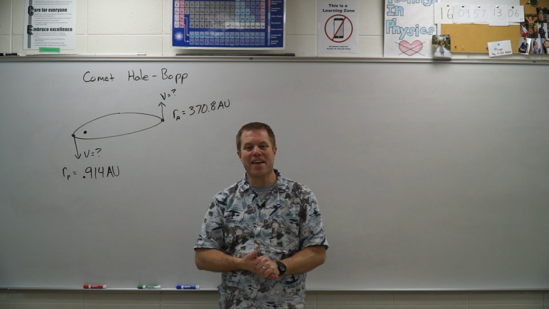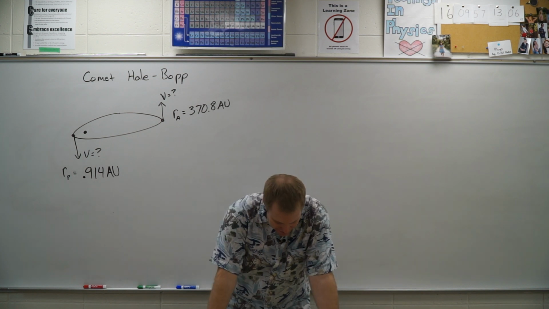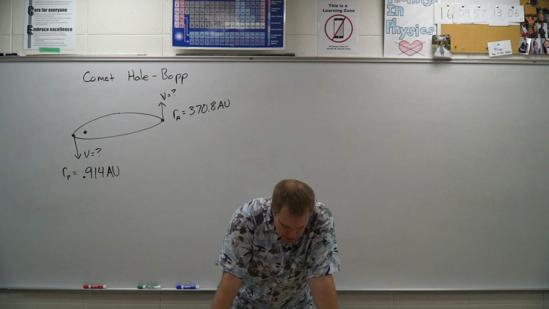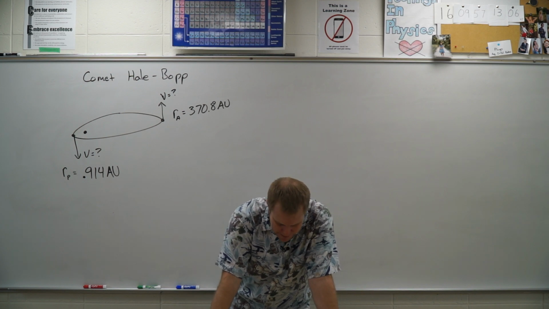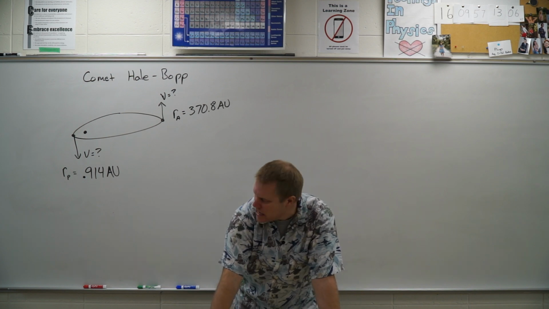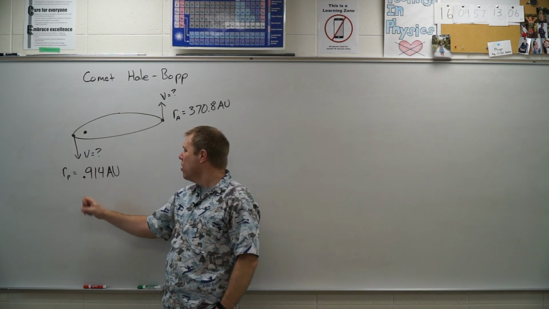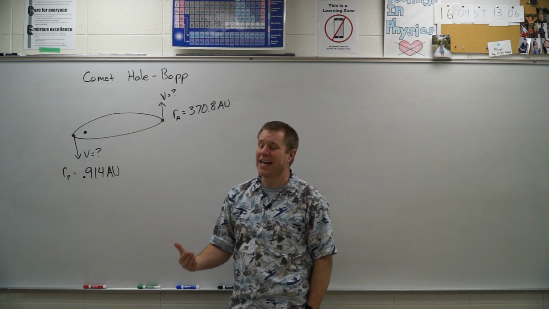Right, let's do this example with Comet Hale-Bopp. The comet Hale-Bopp, one of the brightest comets seen in the last 40 years, has a perihelion of 0.914 AU and an aphelion of 370.8 AU. So at its closest approach, it is just inside the orbital radius of the Earth, which would be 1 AU on